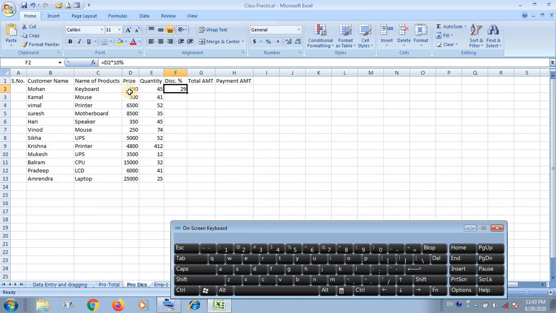The discount is calculated as 10% here. You are looking here at the mouse pointer, the dragging pointer, a thin black plus. And if you want to move data, you see a four-sided arrow pointer that will move the data from anywhere in the spreadsheet.